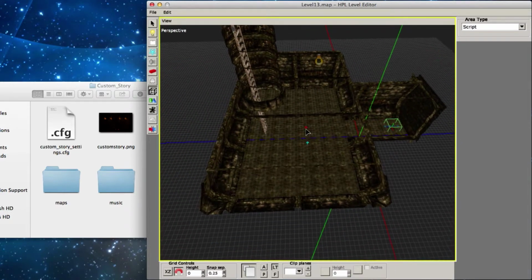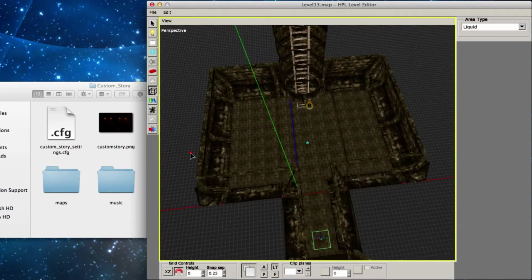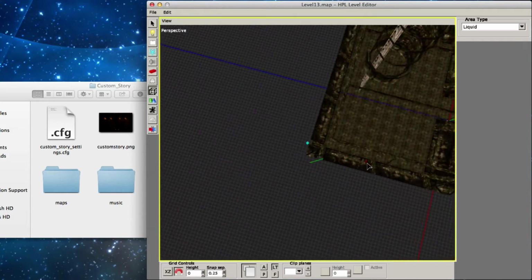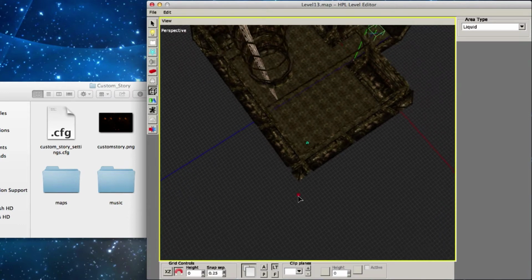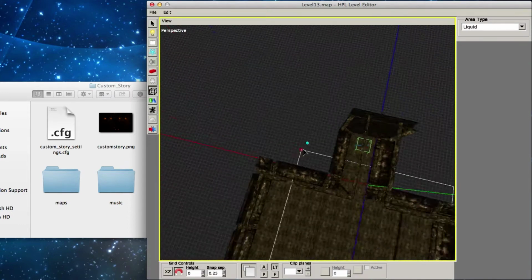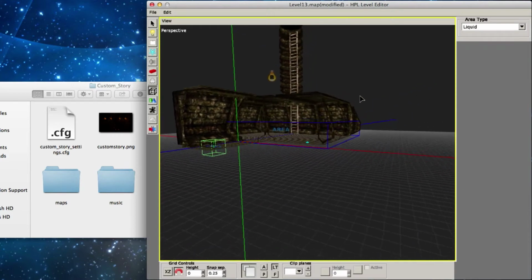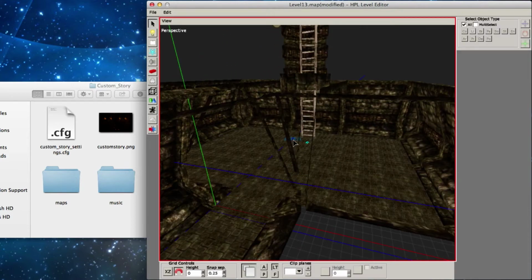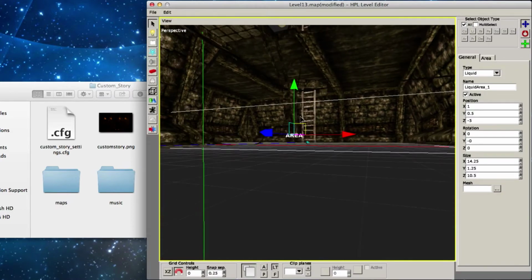Anyways, to make the water, you go on the area tab and select the one called liquid, and from here on you probably already know how this works. It's pretty simple. All you need to do is just drag an area of liquid over your room. So I'm just gonna split it up right here until there and give it a little height. So that's actually pretty high. So let's resize that a little bit. Something like that.